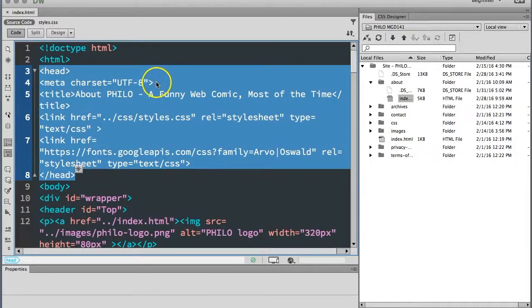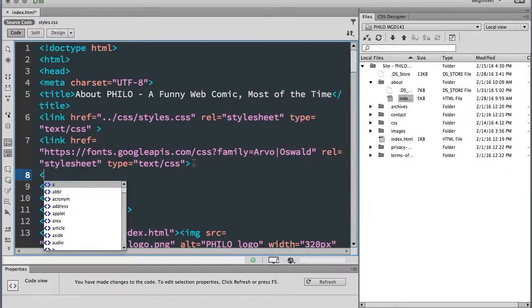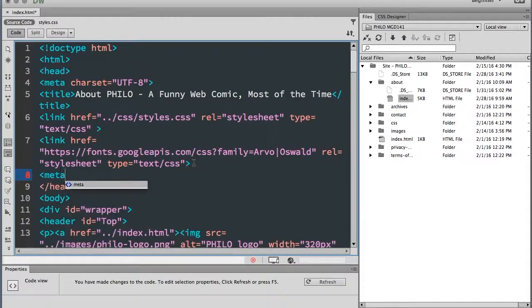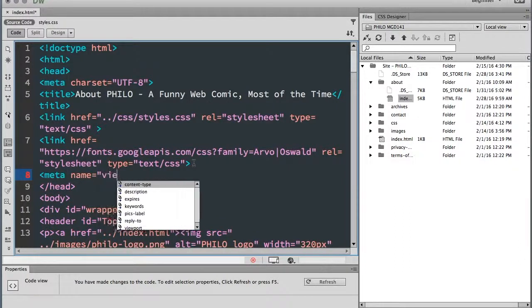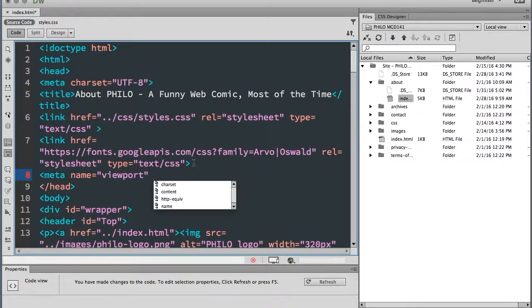So I'll go ahead and we already have meta charset set. It doesn't really matter where it goes. I'll go ahead and put it on my bottom line here, and we'll just put in meta name. And this one's called viewport. Now there's some other attributes that we have to add here. The first one being